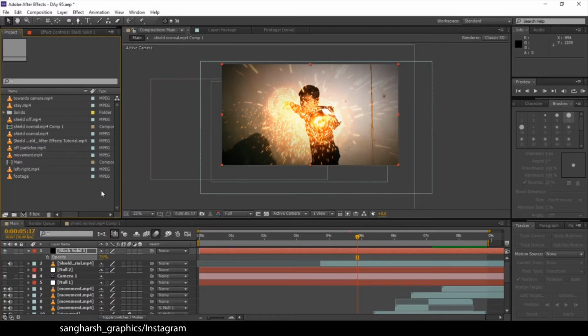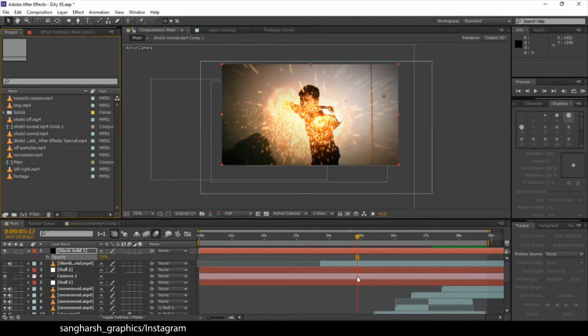Firstly, before starting I want to tell you all that these particles and the shield are not made by me. It is made by the YouTuber known as MJ. I will give the link in the description. You can also get the same tutorial of his on YouTube. I will put his video's link in the description. You can go to that video and download all these assets. They are free to download.